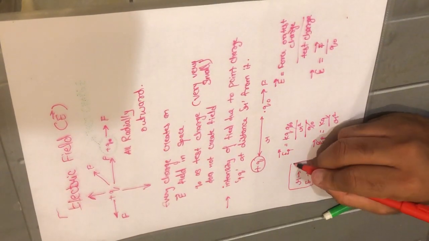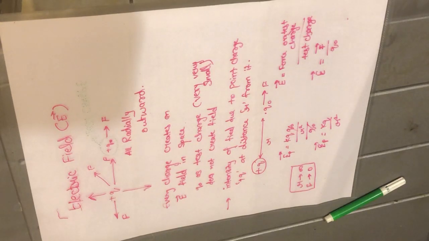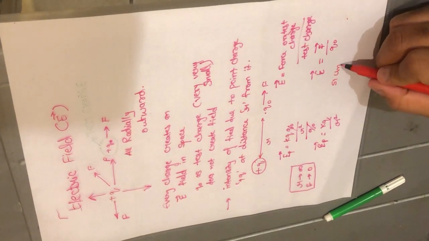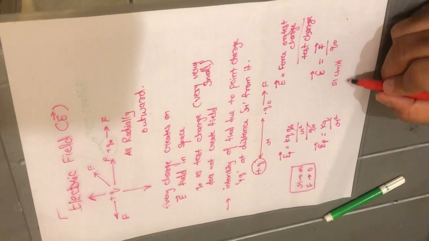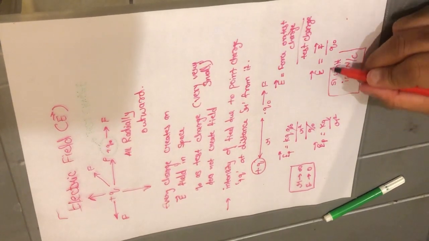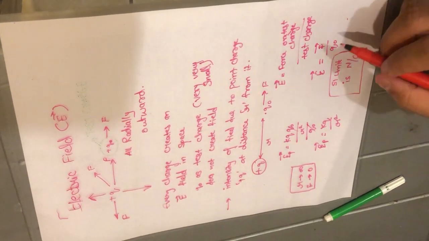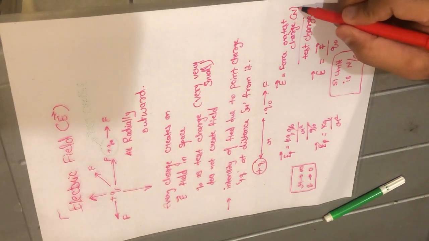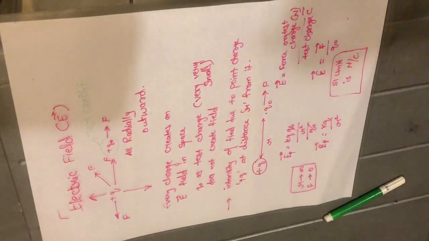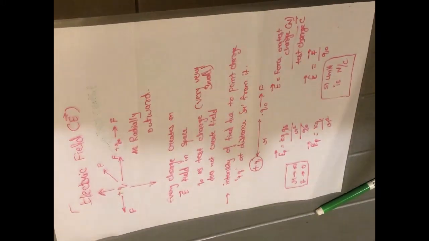Now q naught gets stripped out, and left out will be kq divided by r square. And if you see mathematically, if r is infinity, here it is in the box, you can see r is infinity, it means the electric field will be zero, which is practically not possible, because when we keep a test charge at infinity from a source charge, the electric field acting on it definitely will not be zero, and still the test charge is going to move.